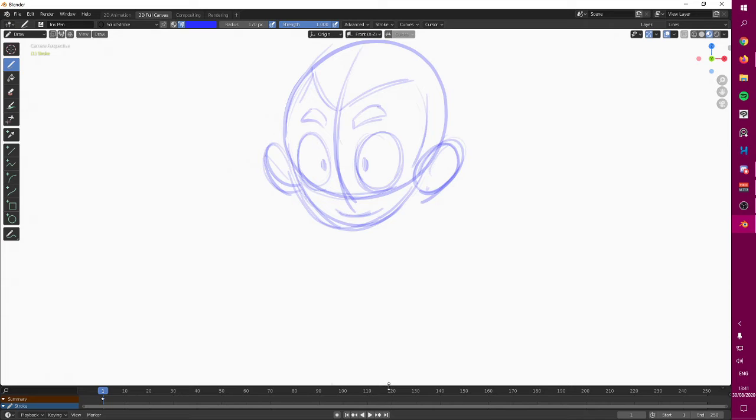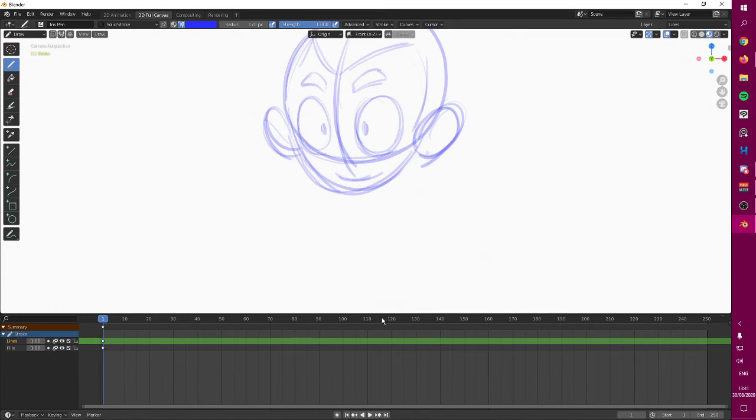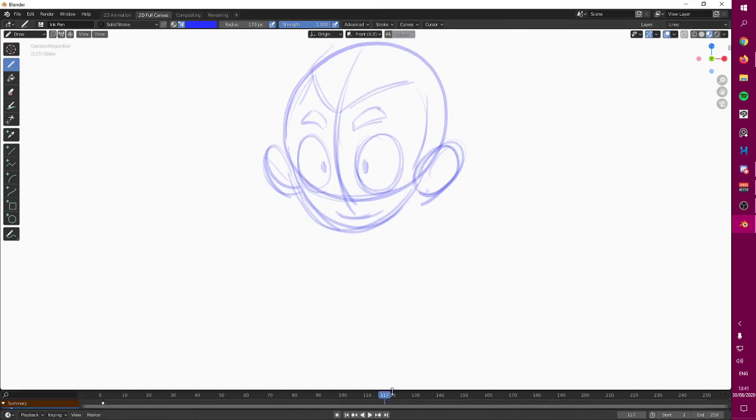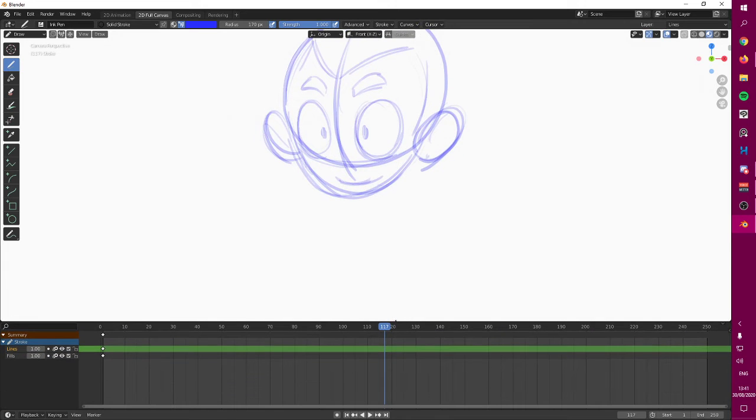And you want to create a new frame. It is more minimized, but you still have your timeline in here. Or you can go back into this mode. And in order to create a new frame, you just have to go into a different frame, click, maybe make a little drawing, and this is going to create a new frame.